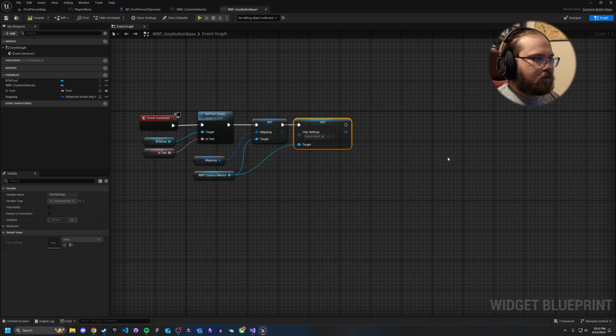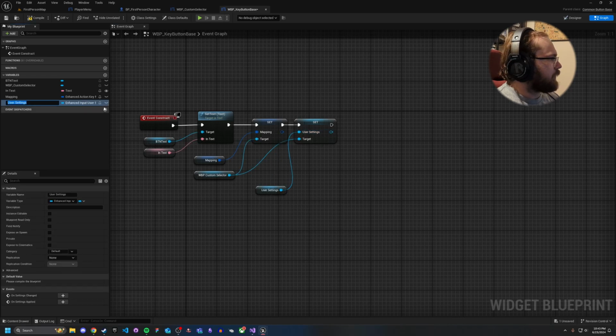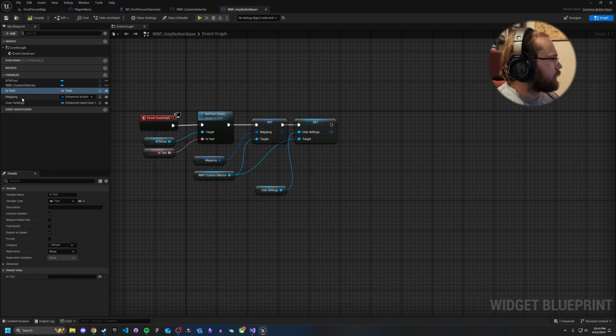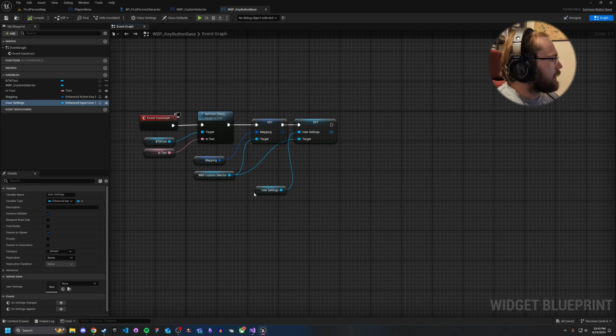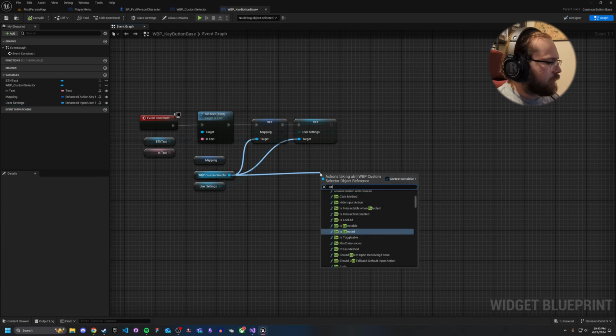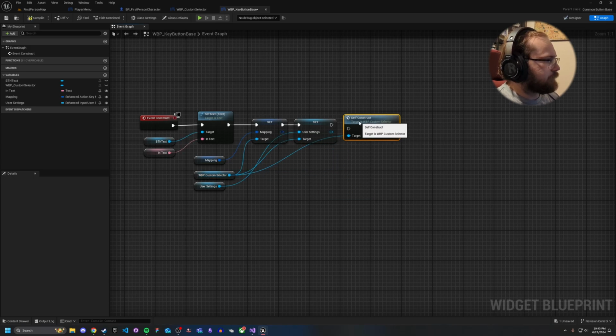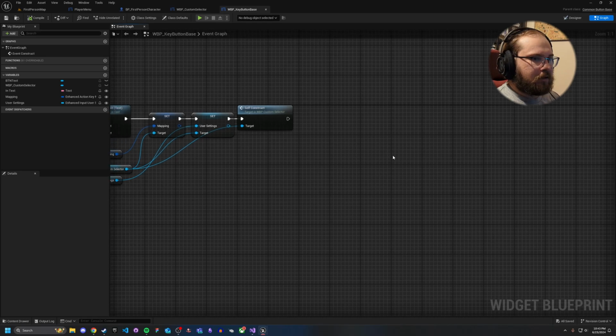And then we're going to want to call on this now that we've got our user settings, which we're going to be getting from our parental variable, which also needs to be passed in. Both of these do. Make sure they are also set to exposed on spawn. Compile and save. And what we're going to actually do is we're now going to actually call that self-construct variable we created earlier. Self-construct. And I think